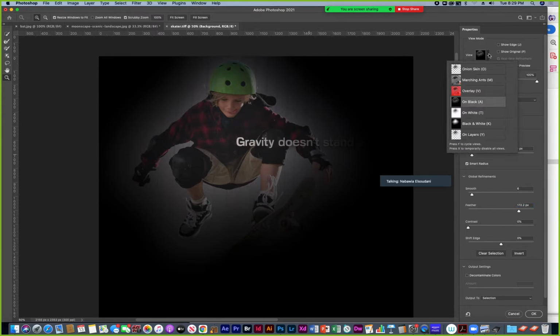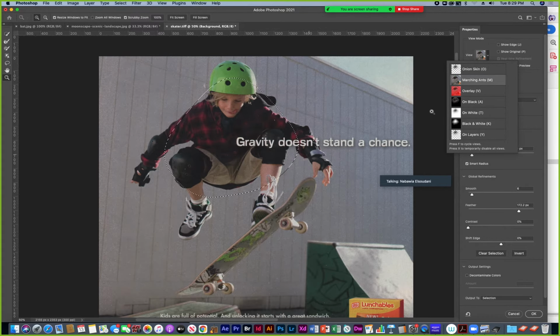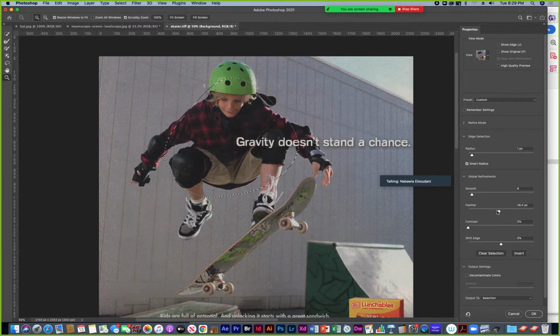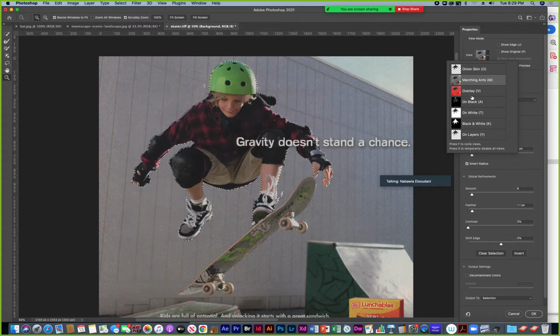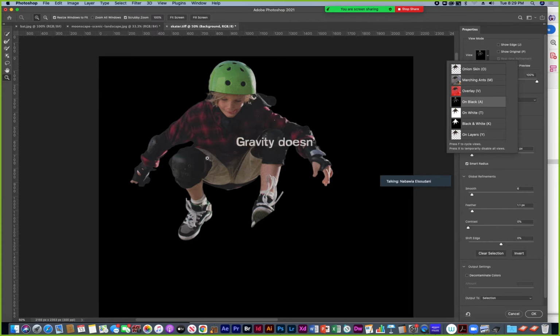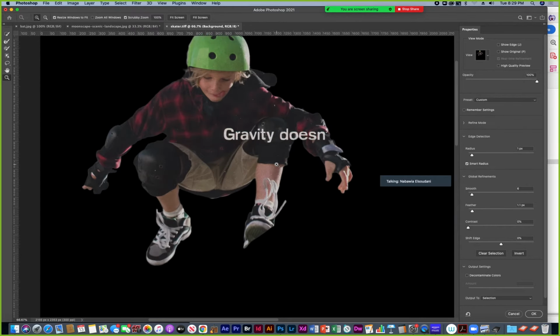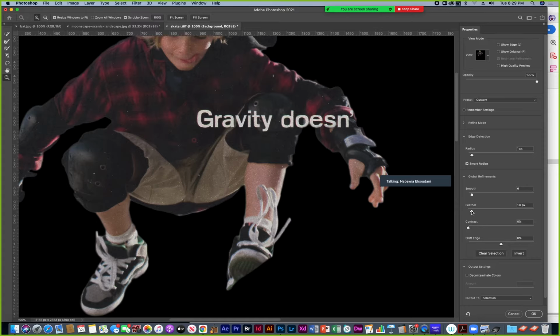But look what that feather does to the marching ants. So all that hard work, and I end up with this in my marching ants with too much feathering. So I'll bring down the feather because I want to keep my marching ants precise around the edges of the image, and just have a little bit of feather to soften the edges. So I'll go back to on black and check what my edges look like. So just a little